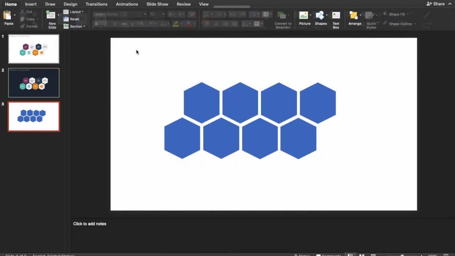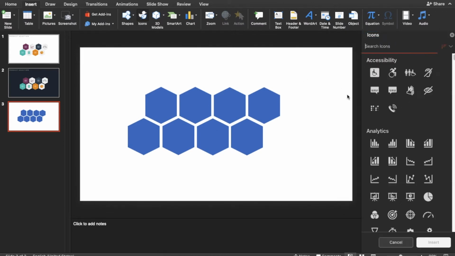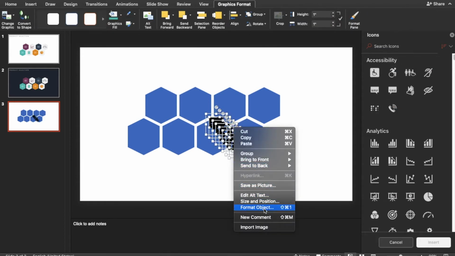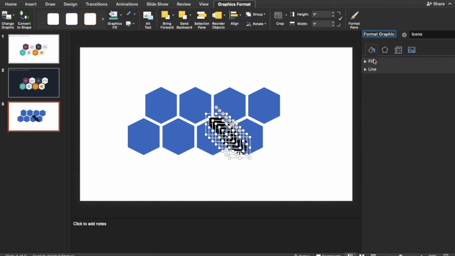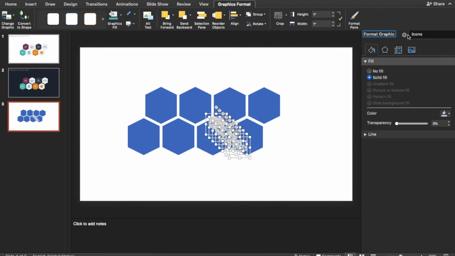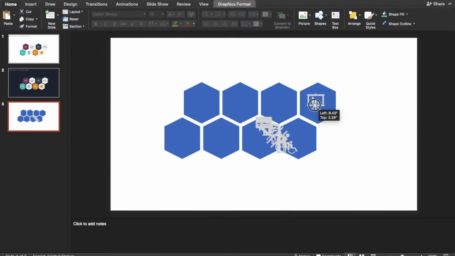We made it. Now we will go to insert icon. Let's insert 8 icons randomly. I will choose random. This 1, 2, 3, 4, 5, 6, 7 and insert. Now right click, format object, fill this color. That's good. Now place at the center and